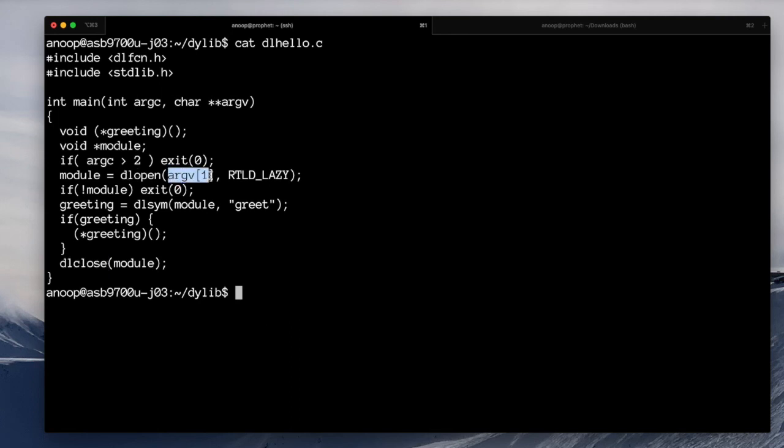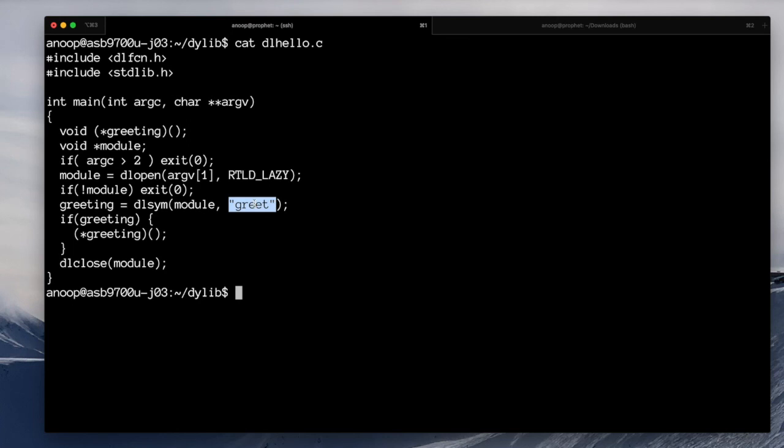And it takes an argument. So this program takes an argument, and it says, I'm going to open that argument as if it's a dynamic library and link it dynamically, so that when I run this program, it's going to look for a function. So this string contains a function name that it's looking for inside the library. So as long as this library has the function called greet,